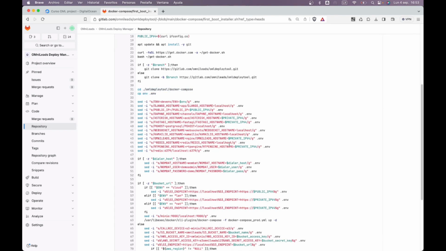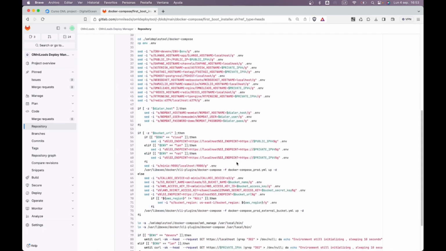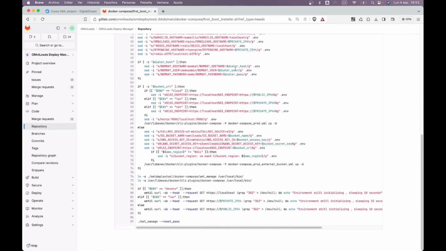We are going to see why and what it is based on. It changes the host name that had localhost to the private IP address, which also has to do with issues of exposing ports of the application, and it ends up deploying the scenario that